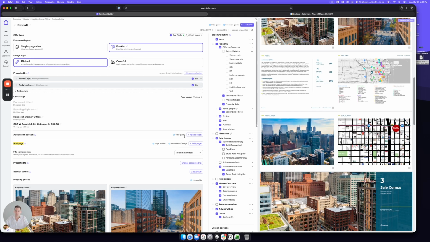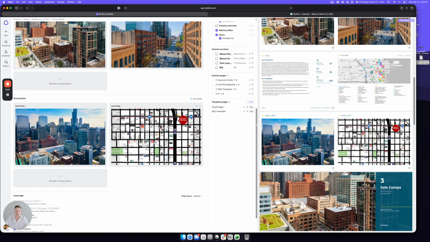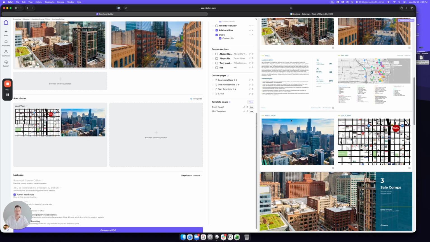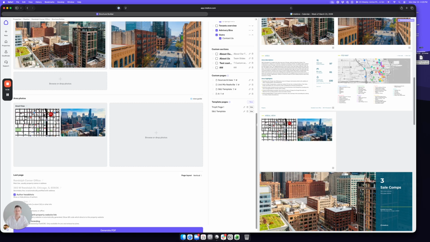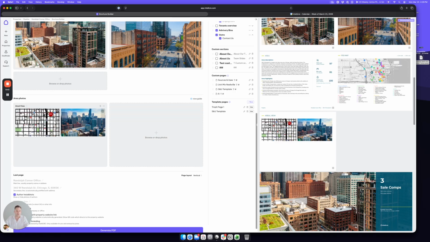So if you have a situation that you have some photos and you have one photo per page, and you for some reason end up having 3 pages, you can always group photos to create photo grids and hence eliminate some of the pages in your brochure like that. So those are all the options,